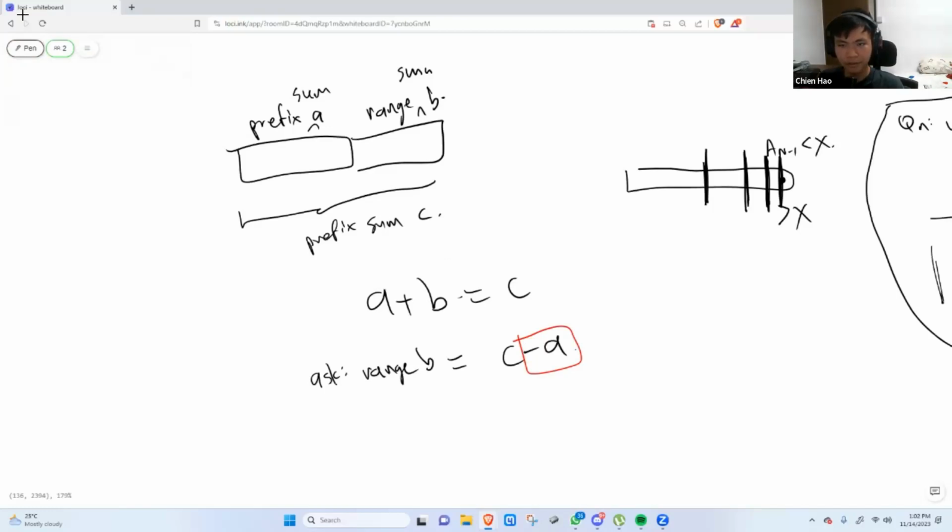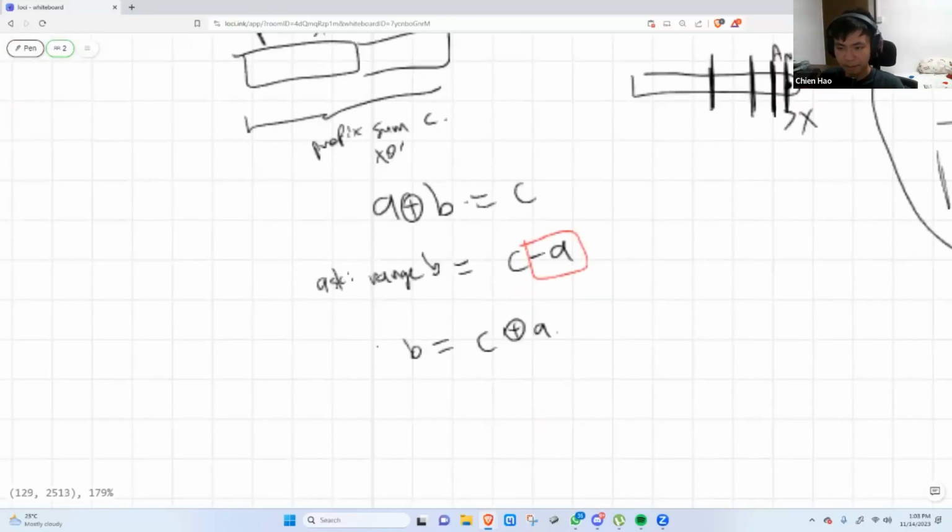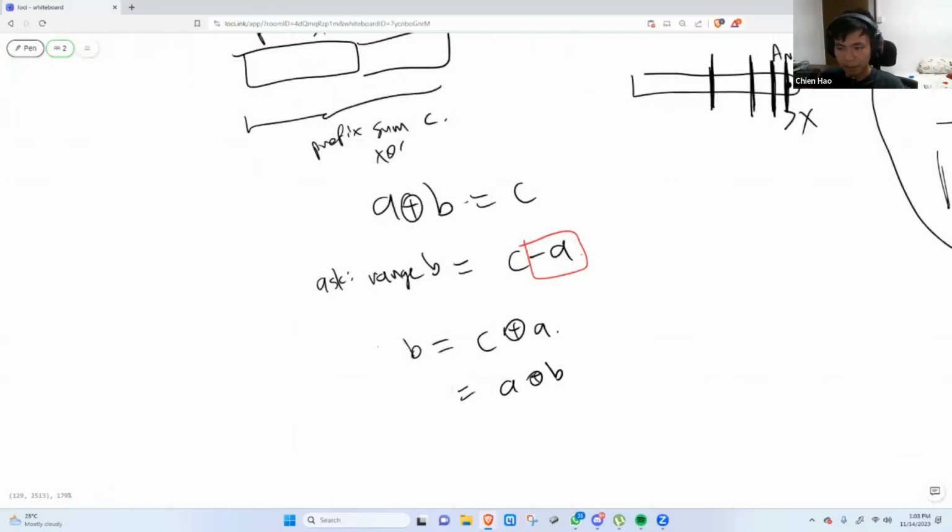And you can see, if we change the prefix sum to prefix XOR, with prefix XOR A, range XOR B, and prefix XOR C, then we have the same thing. A XOR B gives me C. If I ask for range B, I can just do B equals C XOR A, and since C is A and B,